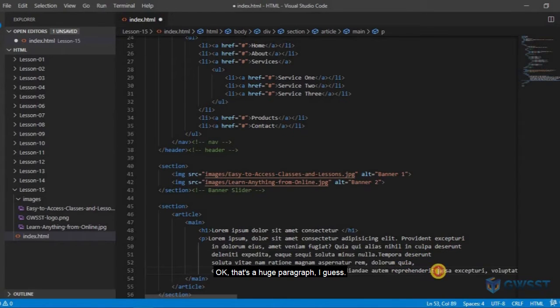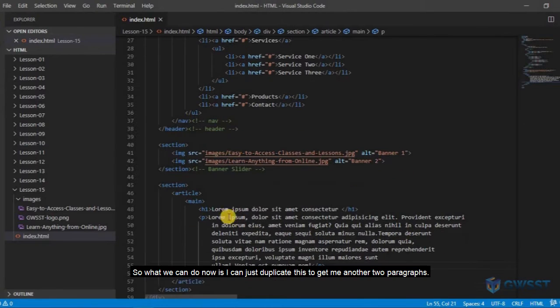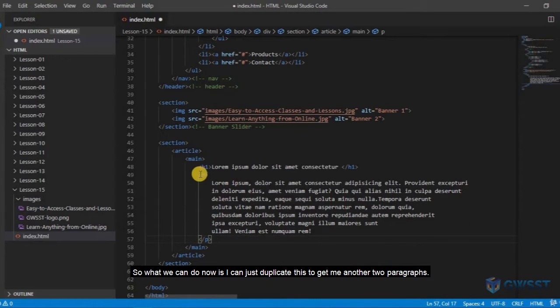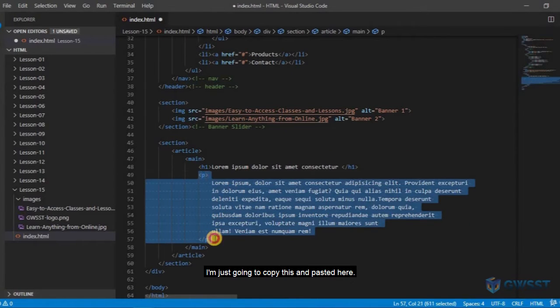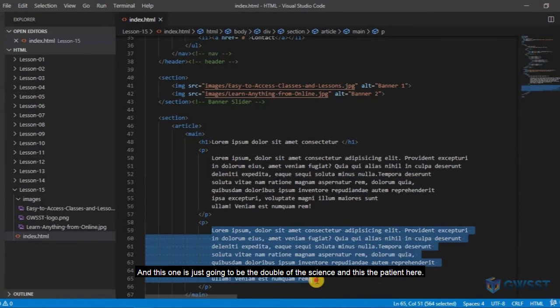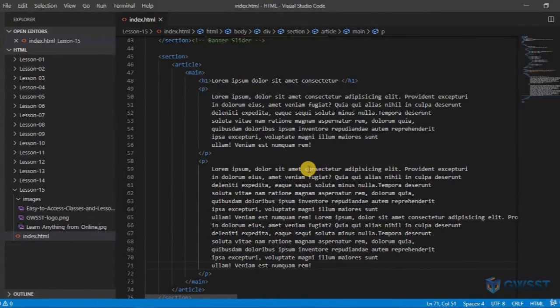Okay, that's a huge paragraph, I guess. Okay, great. We have this one. So what we can do now is I can just duplicate this to get me another 2 paragraphs. So I'm just going to copy this and paste it here, and this one is just going to be the double of the size. I'm just going to paste it here. Okay, so this is my content,